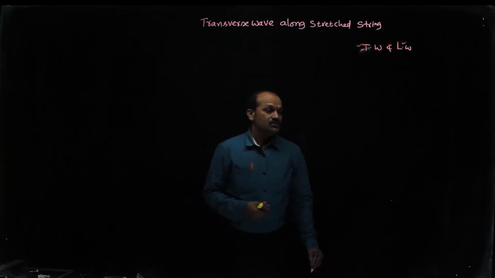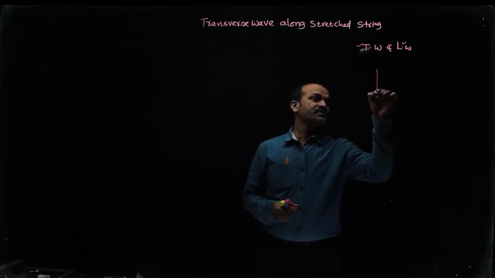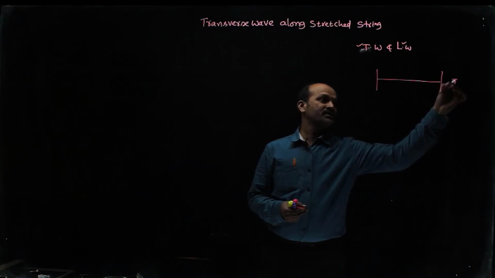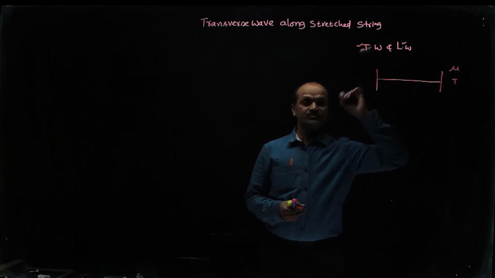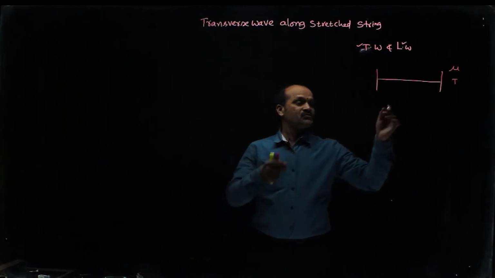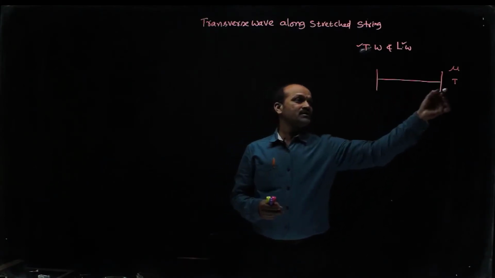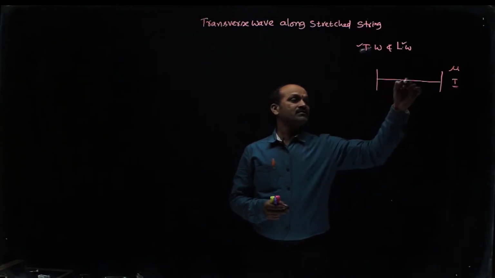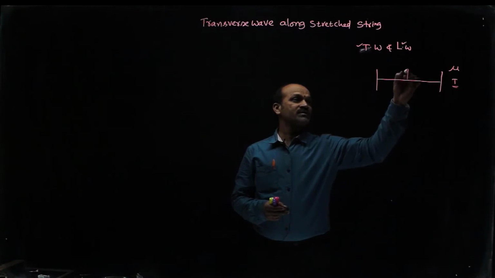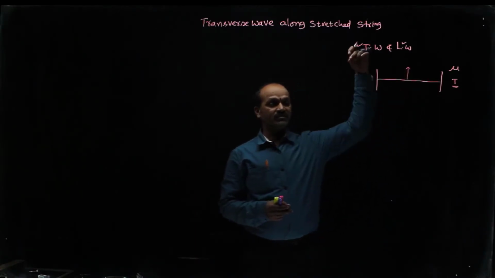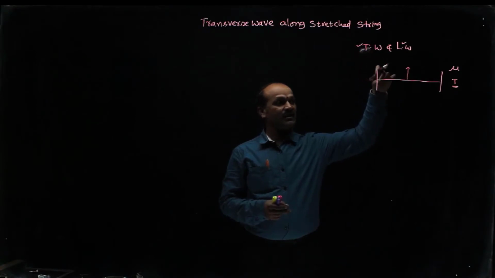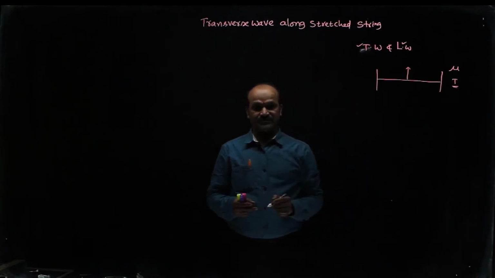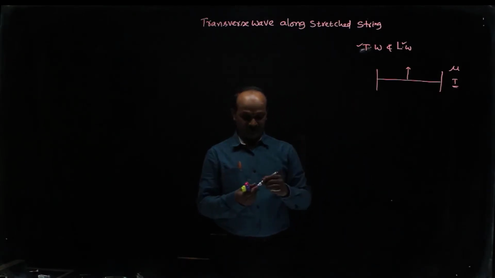Okay. So, let us take a stretched string, which has tension T and linear density mu. When you stretch this string at two ends, the tension developed in the string will be T, and here at the center of the string, normal to the string, we will pluck it. Okay, move it in the upward direction. Just pluck and release it. When you pluck and release it, a wave will be developed along the string. Okay, a transverse wave will be propagated along the string.